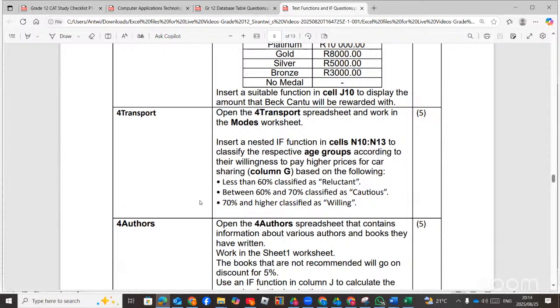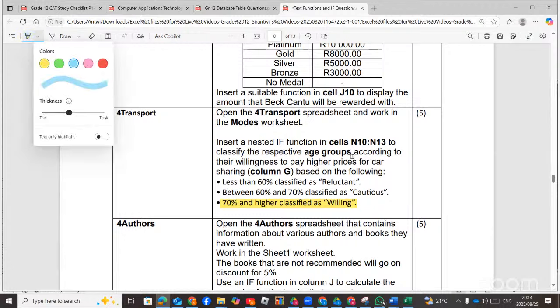Insert a nested if function in cell N10 to N13 to classify the respective age group according to their willingness to pay higher price for cars. Less than 60% must be classified as reluctant. Between 60 and then 70 classified as cautious. 70% and over willing. So there are 3 conditions here. There are 3 conditions. The first one, and this is the